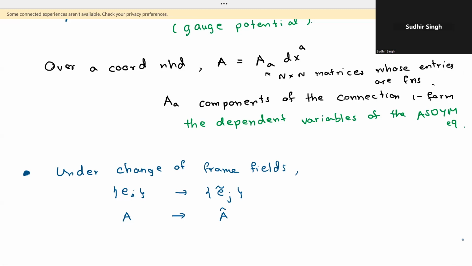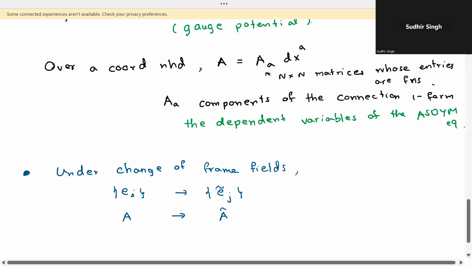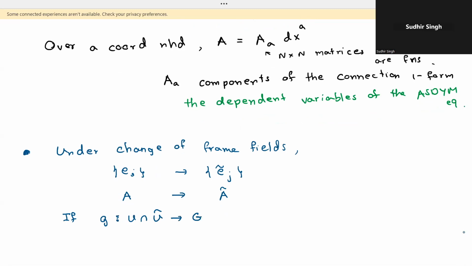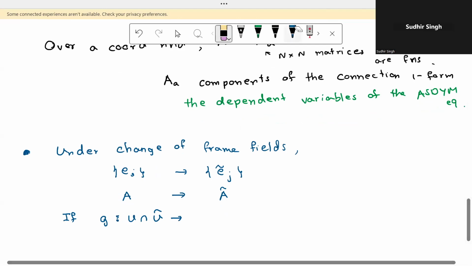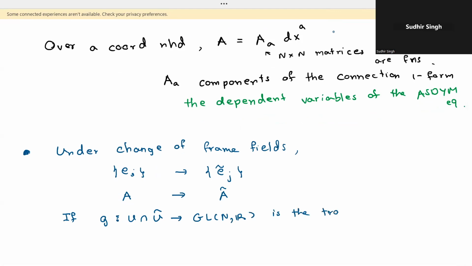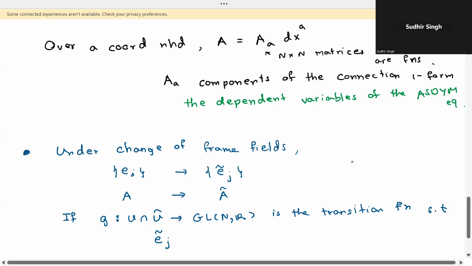So how is A related to A tilde? So if G is the transition function between these two frame fields, so it's a transition function such that the frame fields are related in this way,